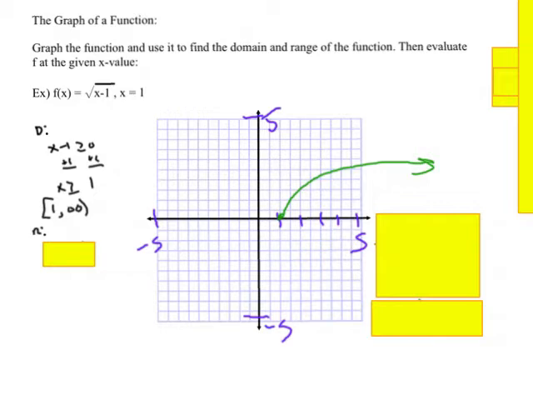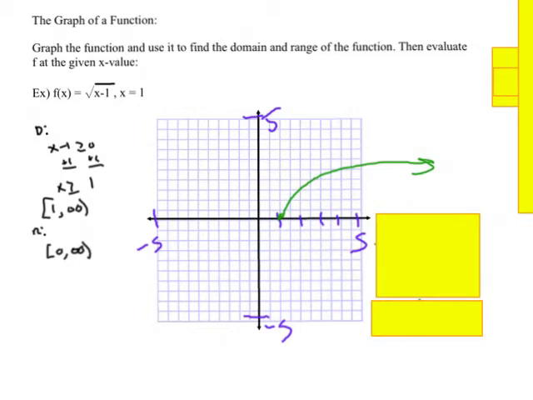So what we're going to do for the range is I'm going to just observe the graph. Now again, pretend like you're a little person walking along the y-axis here, and you're going to look right or left, and where do you see the graph? So as you walk up here, you start to see the graph at 1, and then you see it from 1 to infinity. So that tells us that our range is going to be from 1 to infinity,